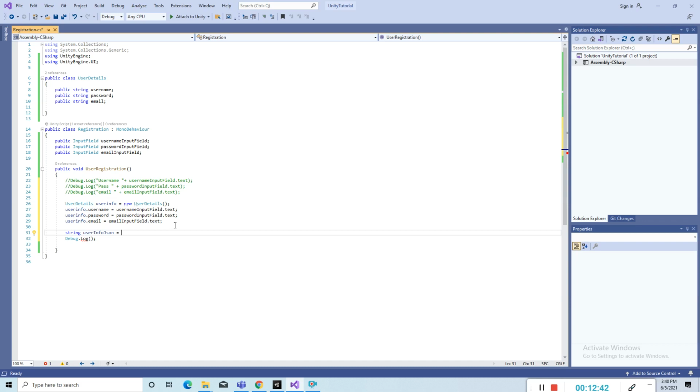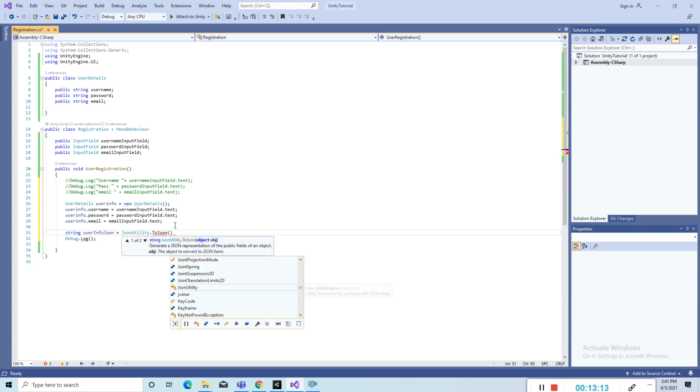So Unity has one utility class, JsonUtility, dot ToJson. What I have to do is convert this user information into JSON.